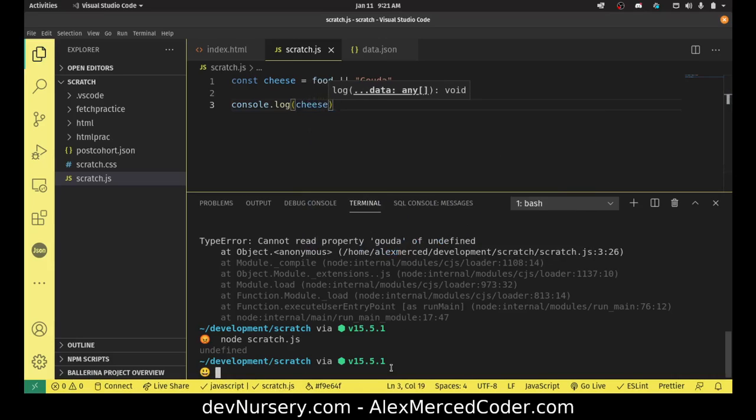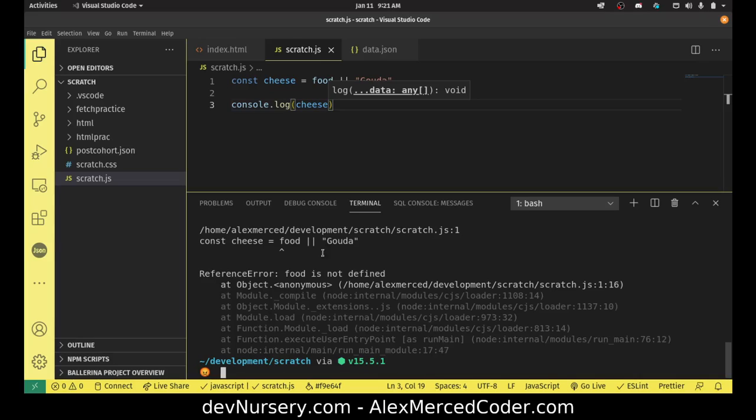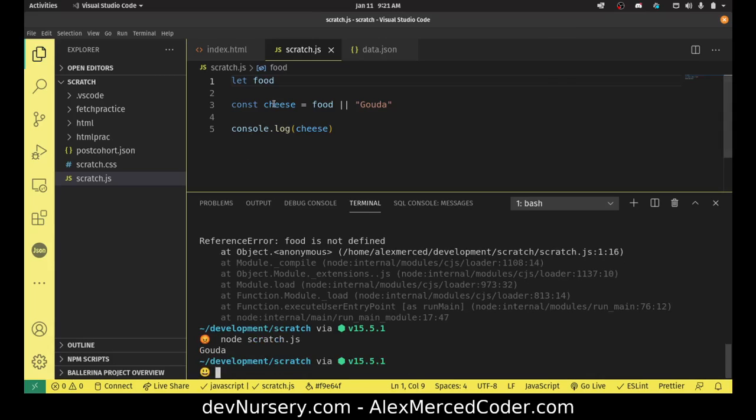it should give me Gouda. Okay, well, first I have to define food. So we'll just do let food. And see, I get Gouda. But if I define a food, so I say food equals Munster, then it'll equal Munster, because food does then